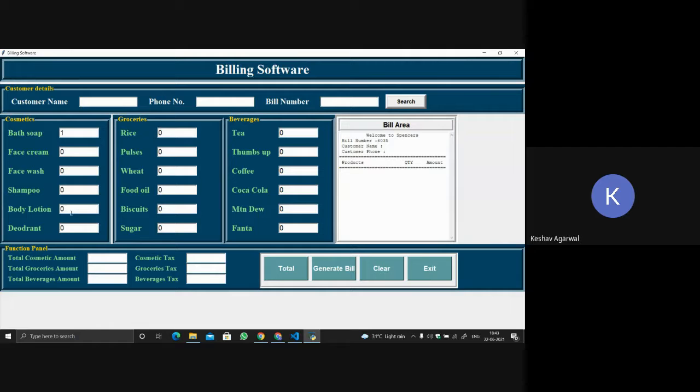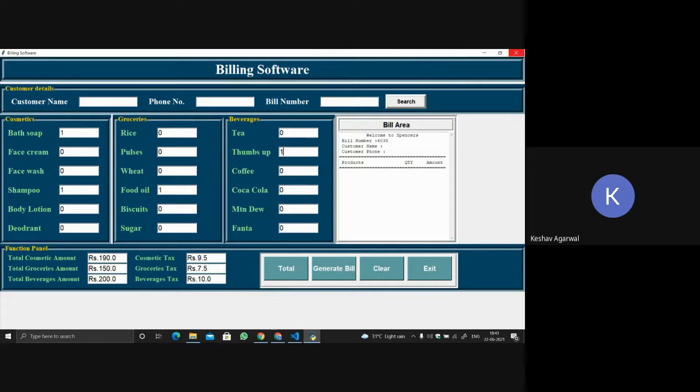Let's say I'm taking this as one and this as one, and then I will do a total. So I will get the total amount. After that I will generate the bill. For that there are warnings, like you have to enter the customer's details. These are some of the things that Python provides us, built in beforehand.